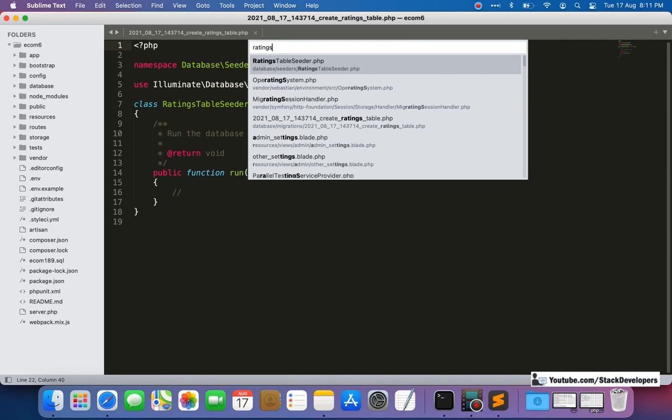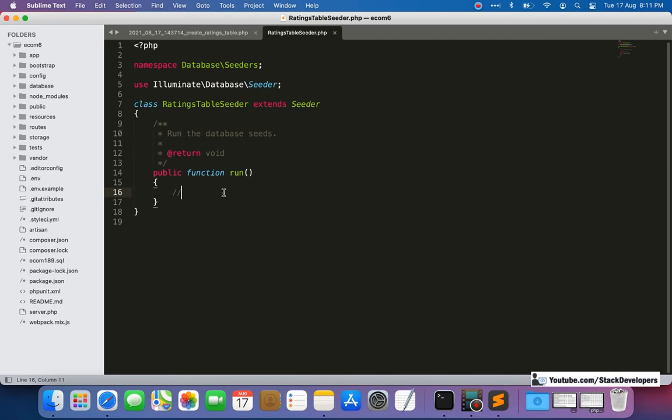We are going to add the dummy entries here. Here we will take an array, ratingRecords. In this array we will take another array to add the entries.